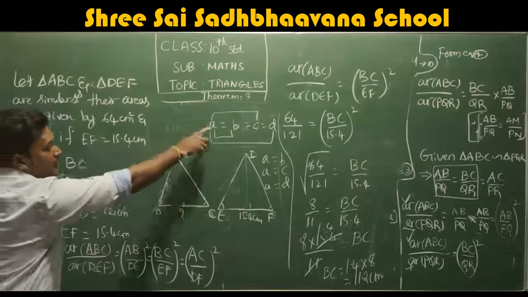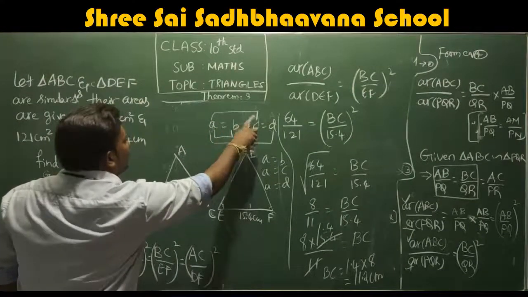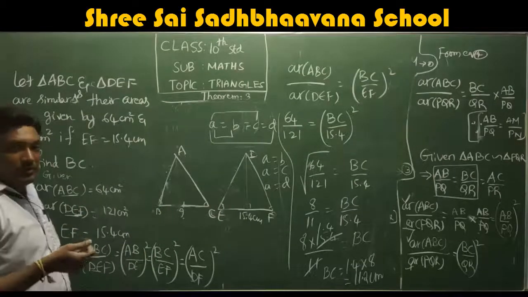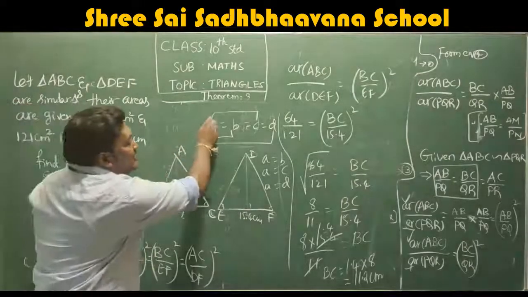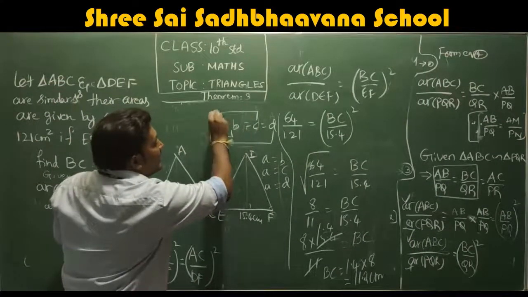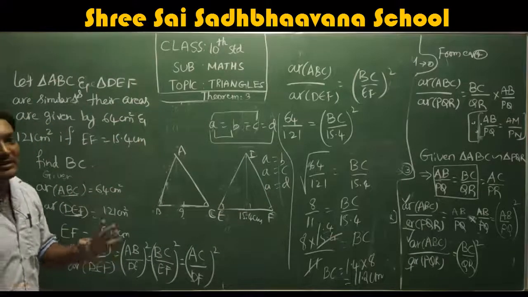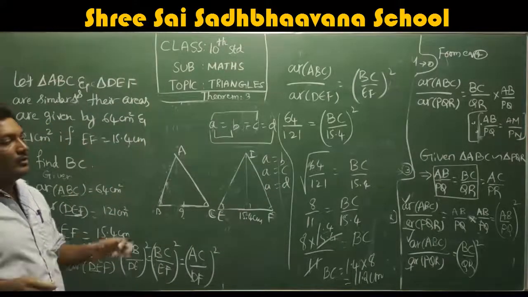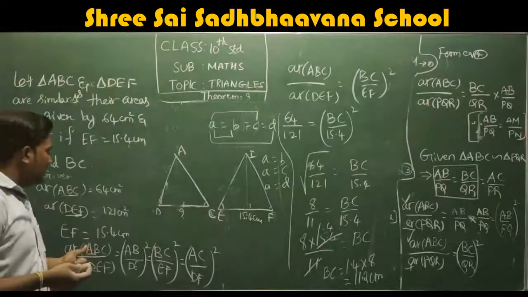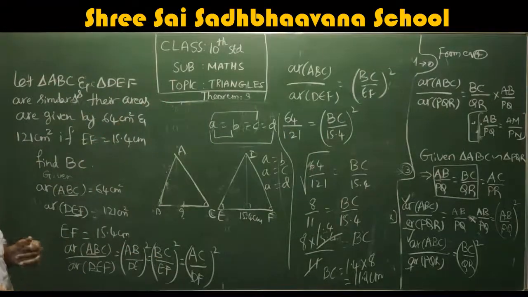It means just you observe this, you can remember A is equal to B, B is equal to C, C is equal to D. So if A is equal to B is equal to C is equal to D, can't we write A is equal to B and B is equal to C, A is equal to B, A equal to C and A equal to D also? Correct? If they are equal to each other, individually also it should be equal. So A is equal to all of B, C, D. So similarly, we can write this is equal to this also. That is only written. Area of triangle ABC by DEF.